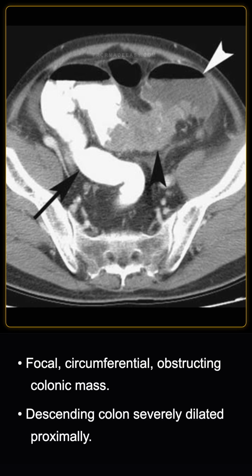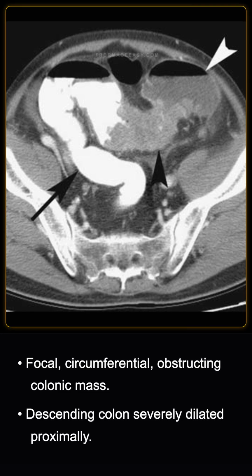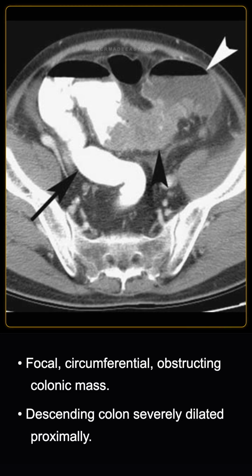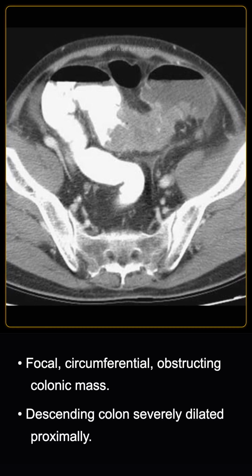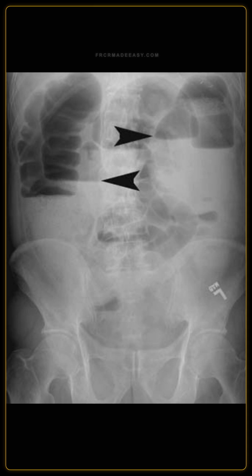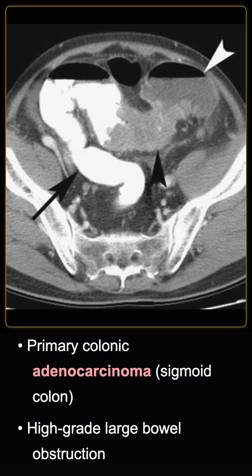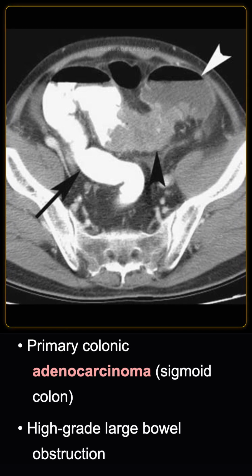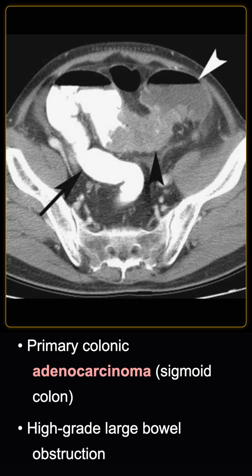Well, the cutoff is caused by a focal, highly irregular, near-obstructing, and circumferentially enhancing colonic mass. The descending colon immediately proximal to this mass is severely dilated. What is the primary diagnosis? The definitive diagnosis is a primary colonic adenocarcinoma located in the sigmoid colon, presenting acutely with a high-grade large bowel